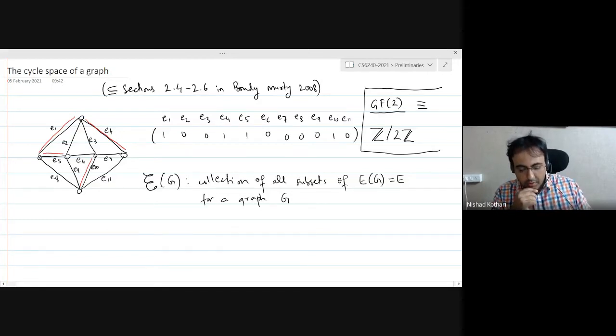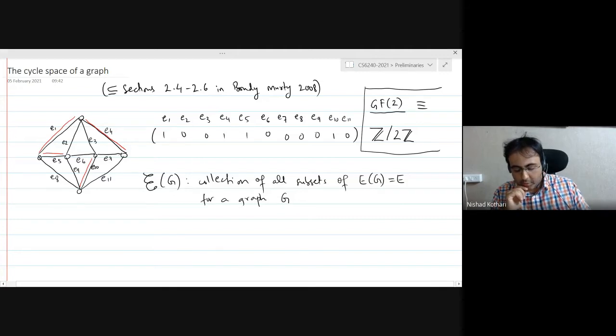So I want to talk about these two very cool subspaces associated with a graph. So there's going to be some algebraic viewpoint. Let's say there is still a lot of structural stuff going on, which is why we are covering it. But there's definitely connections with algebra. When you impose some algebraic structures onto the graph, you start seeing other cool things that you may not have observed otherwise that easily. So this is one such instance.